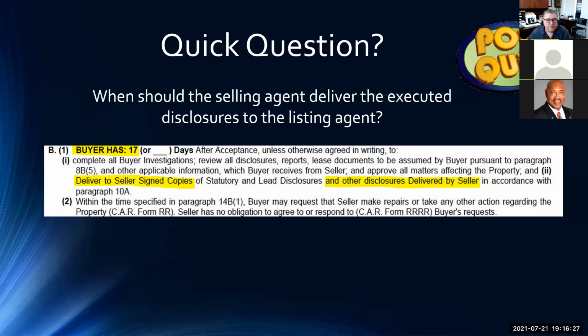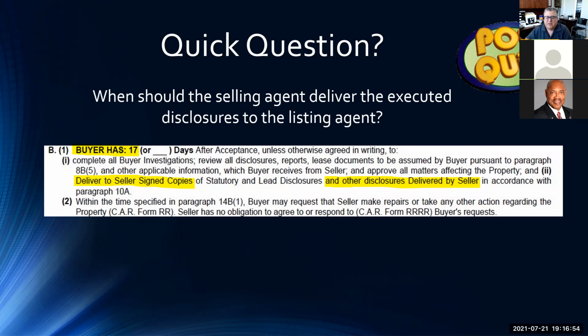But again, there's nothing wrong with Ron's answer, as soon as possible, because that can also mean that I had the opportunity to sit with my client, I went over all of the disclosures and they signed them. There's nothing wrong with me giving them back to them because I'm going to give it back to them anyway. Even if we cancel, I'm supposed to give them back to them. Okay. So that's the correct answer.